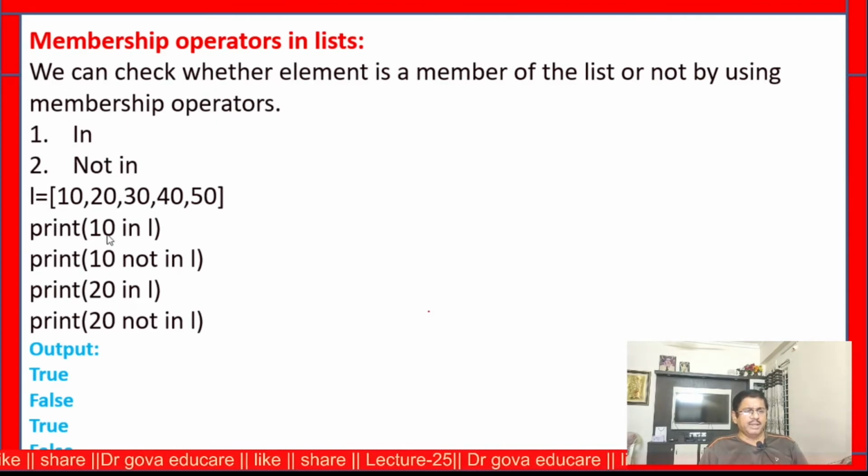This is the example. I want to check whether 10 is in L or not. If 10 is present in L, it returns true. Not in is the reverse operation of in.